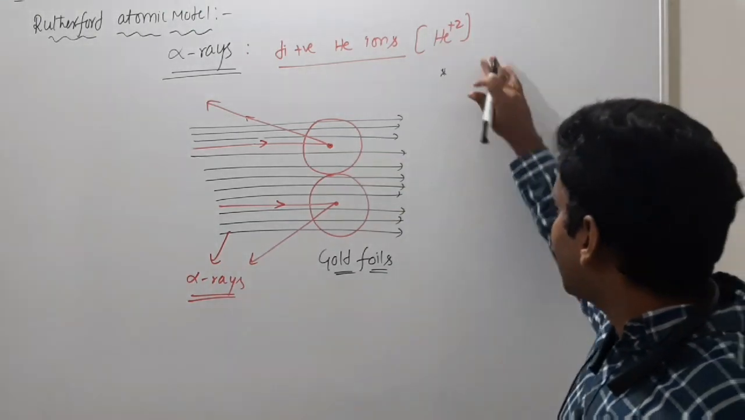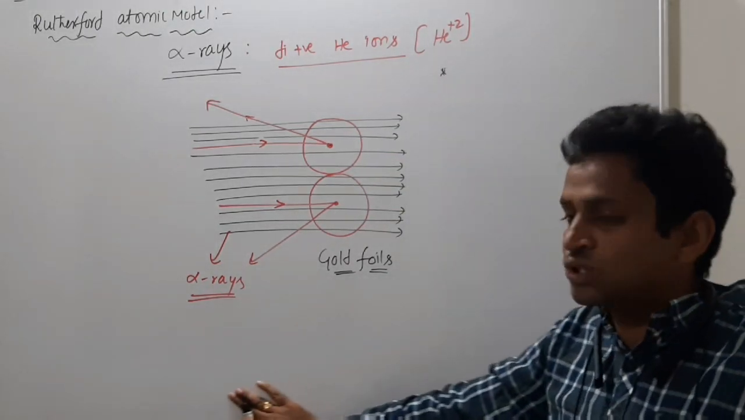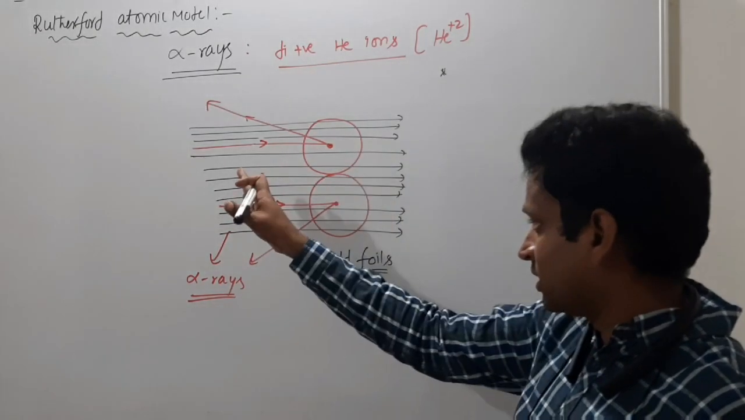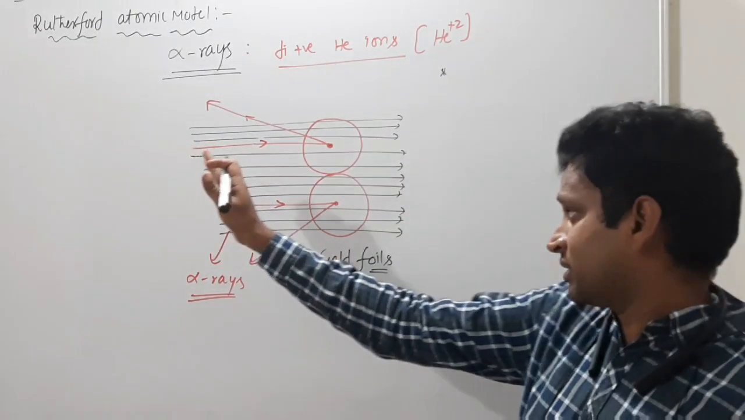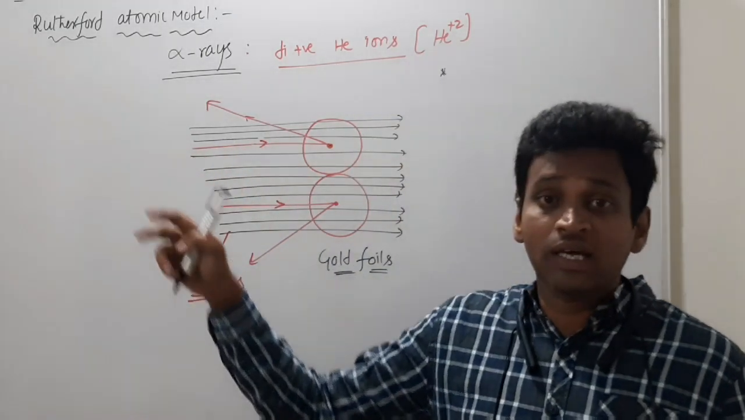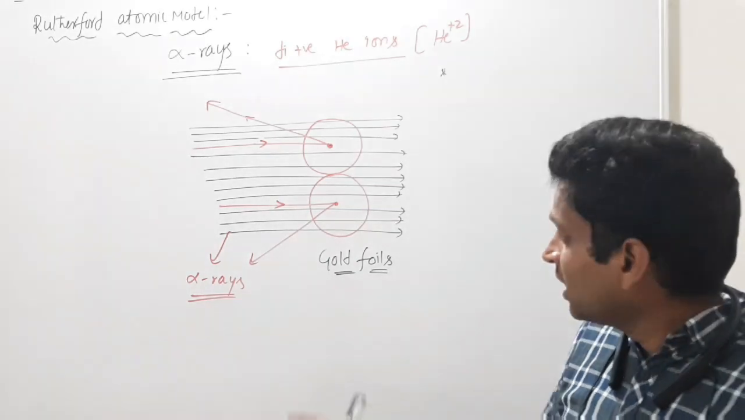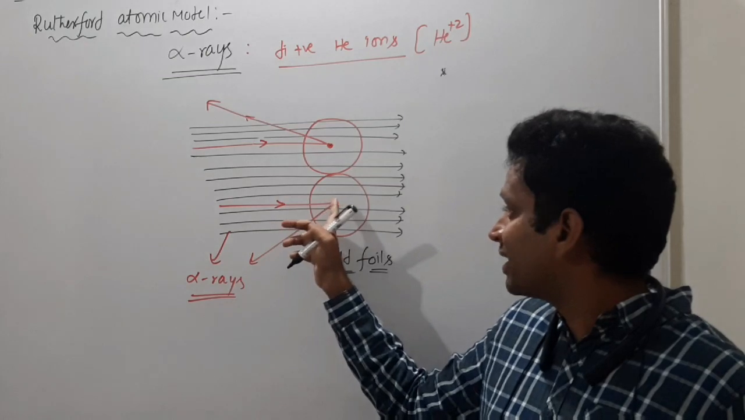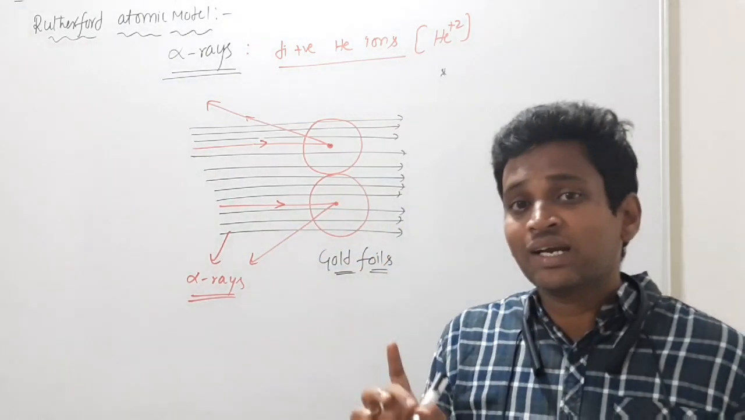So what he did and what he concluded, that's it. He used gold foil and considered alpha rays. Most alpha rays pass through the gold foil, and one or two rays which touch the center are deflected back. As alpha rays are positive, they deflect back when they hit the center. Therefore,